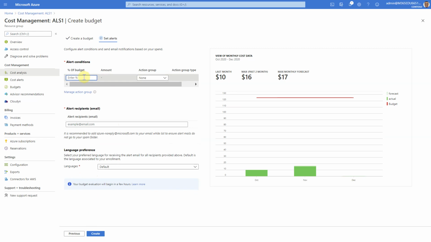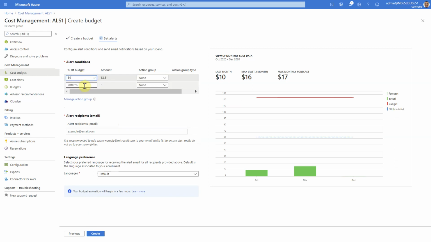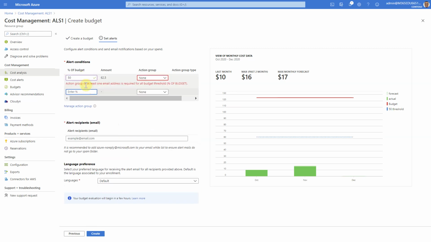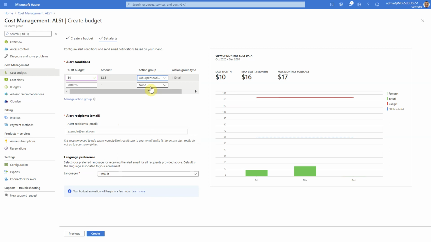I can say alert me when it reaches 50%. And then I have to select an action group. An action group is the set of actions that will be notified or activated in case this level is reached. Once I have done, I can create this particular alert.